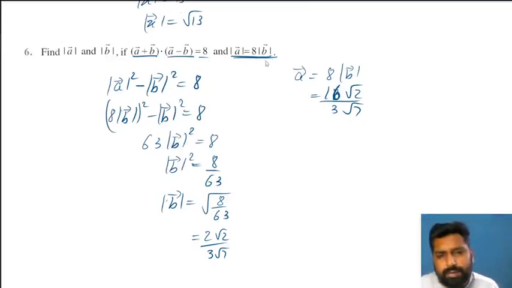They could have given us a simple value. They would have given us 3, na? So 3 square was 9, 9 minus 1, 8, 8, 8 would cancel. You get good values of b then. But yeah, if they have given us this value, we'll solve it accordingly. All right, this is done.